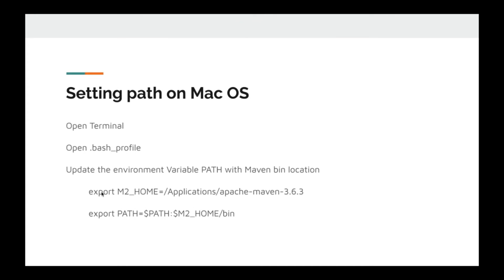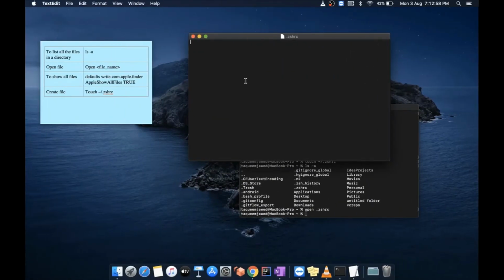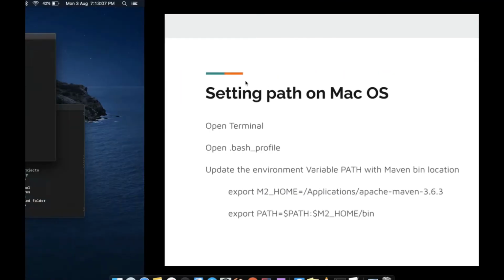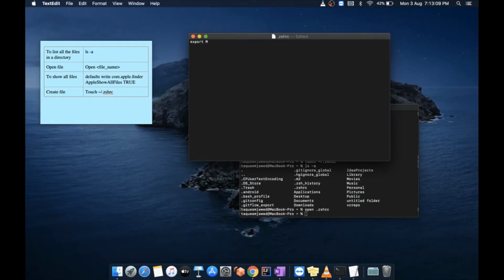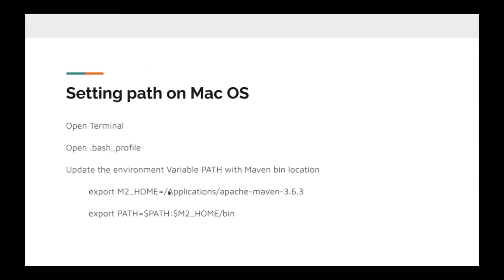So we will be exporting the M2 home to this location. So let's do this. Export. We will be defining the variable name as either MAVEN_HOME or M2_HOME, and then we will give the path. As I mentioned, I kept my Apache Maven in the Applications folder.